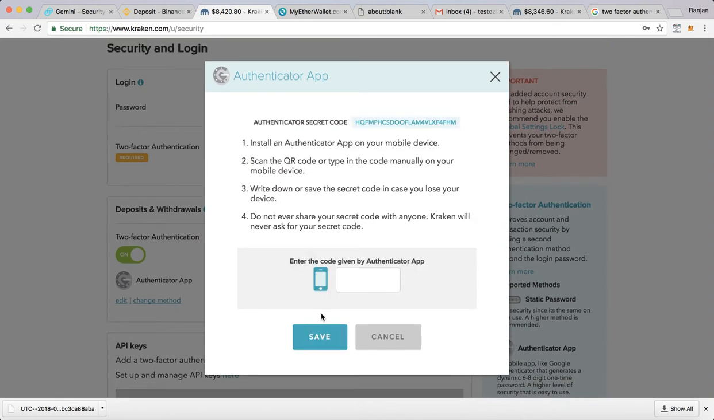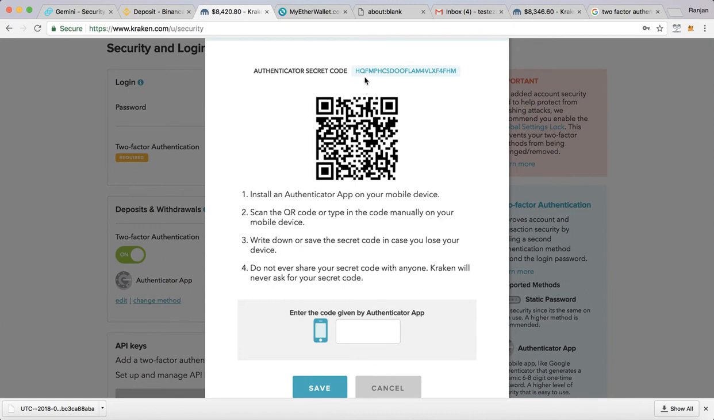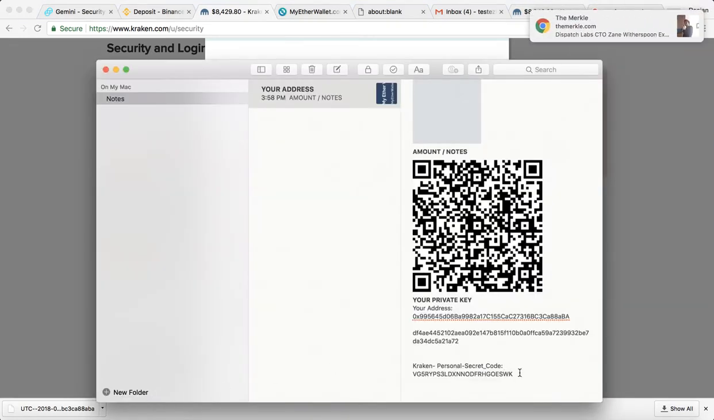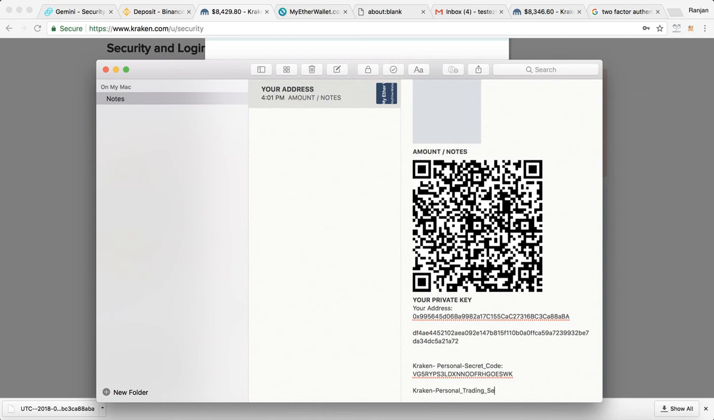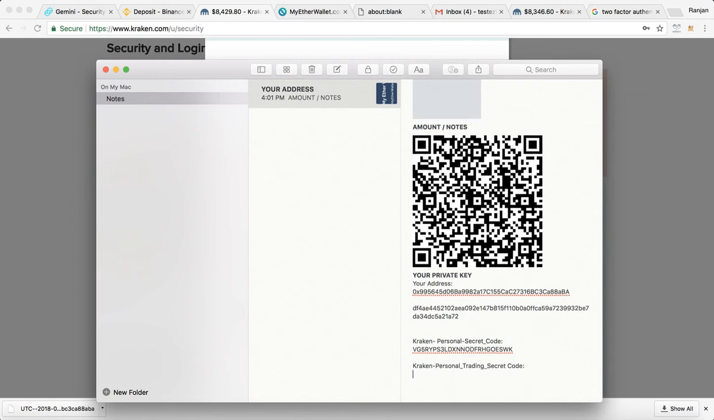And once you click next, it'll give you a new set of secret code. So need to make sure that you are saving this secret code. So you copy paste this secret code, and you can say this one is for Kraken personal trading secret code, and you save this secret code,